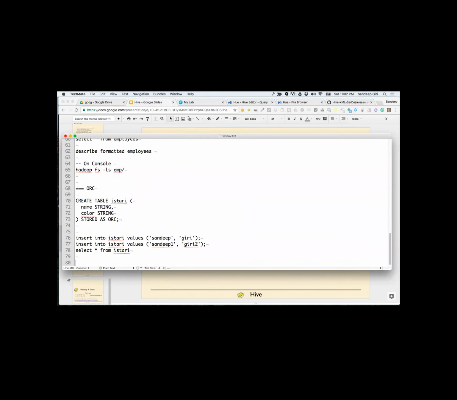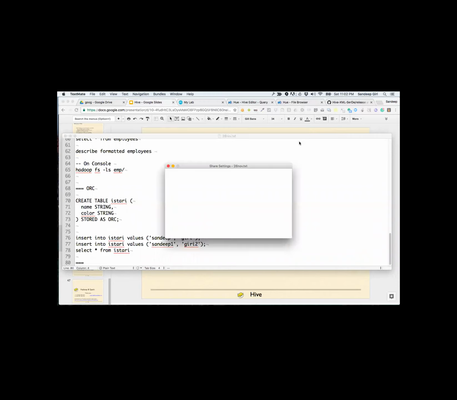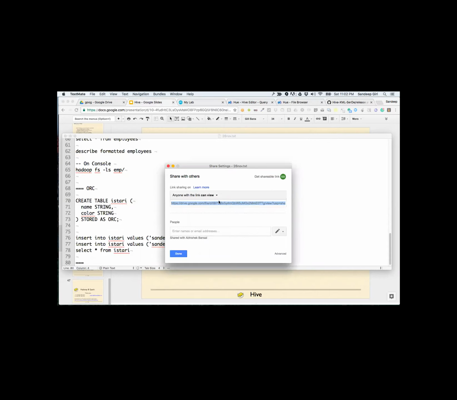These are the two things you have to try out. I'm going to give you this file right away. These assignments are available in LMS.